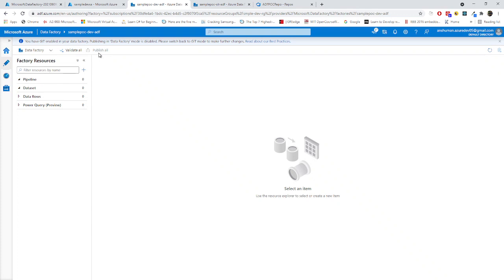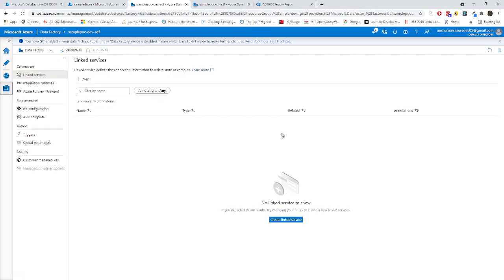So we can only publish all these things from Git right now because we have already integrated Git, and it is showing that you have Git enabled in your Azure Data Factory. If I go to manage, you can see that there is no linked service available. Right now, it is asking us to create a linked service, but we are going to create it from Git.